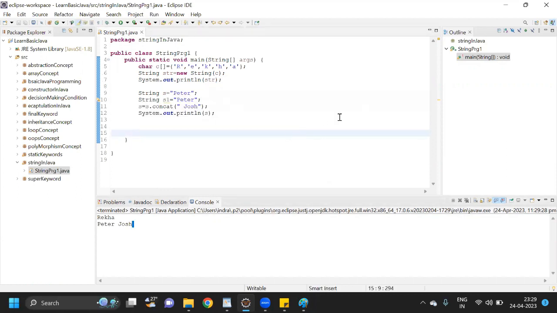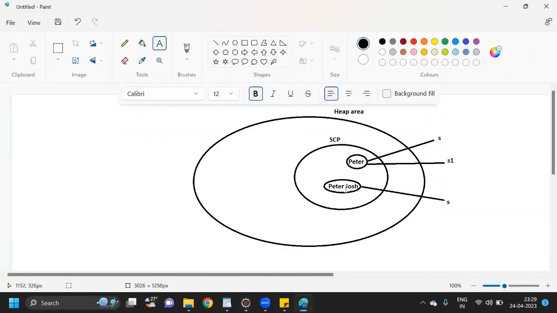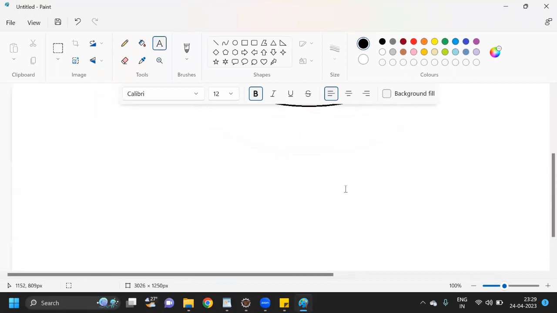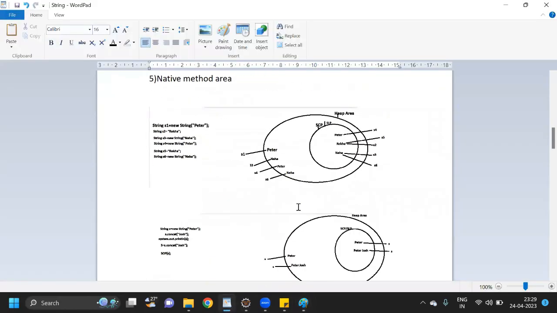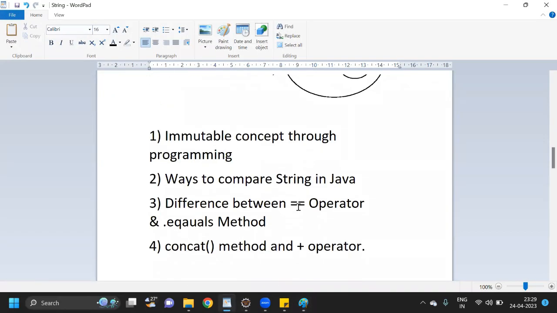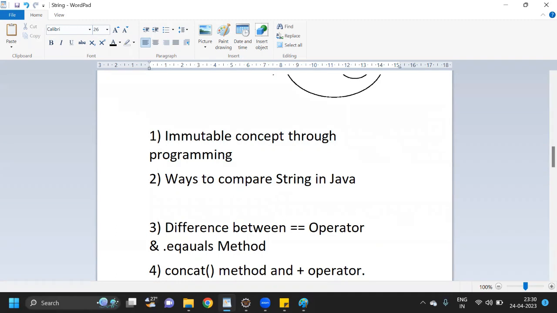Now we will see the third part. Which one? So the immutability concept we have seen through programming, right? And now we will understand the ways to compare strings in Java. How many ways are there to compare strings in Java? So there are a total of 3 ways to compare strings in Java. What are all 3 ways? First one is